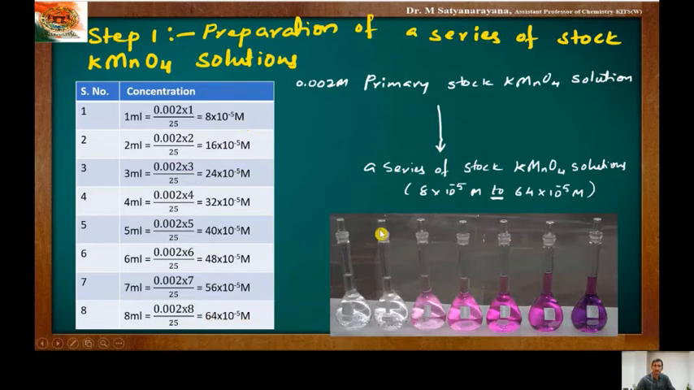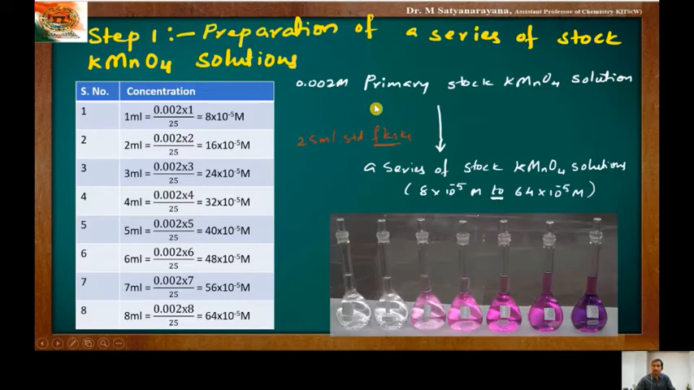We'll take 25 ml standard flasks, 8 numbers. How many concentrations did we prepare? 8 concentrations. So we'll take 8 standard flasks of 25 ml, and each standard flask will take different amounts